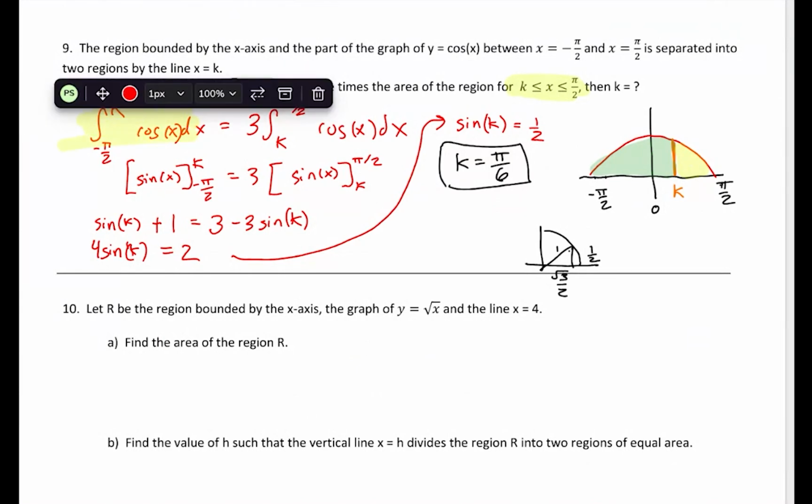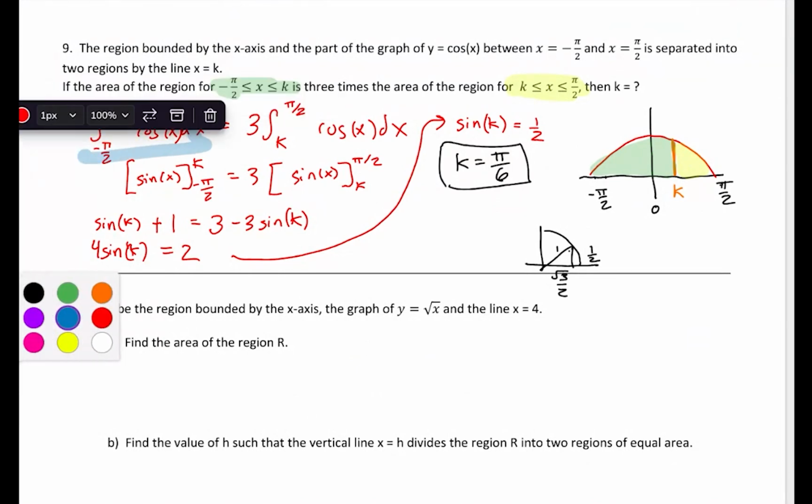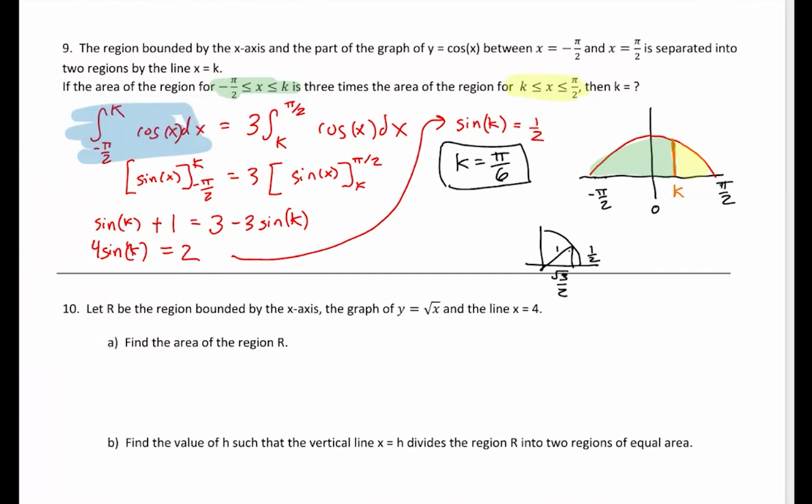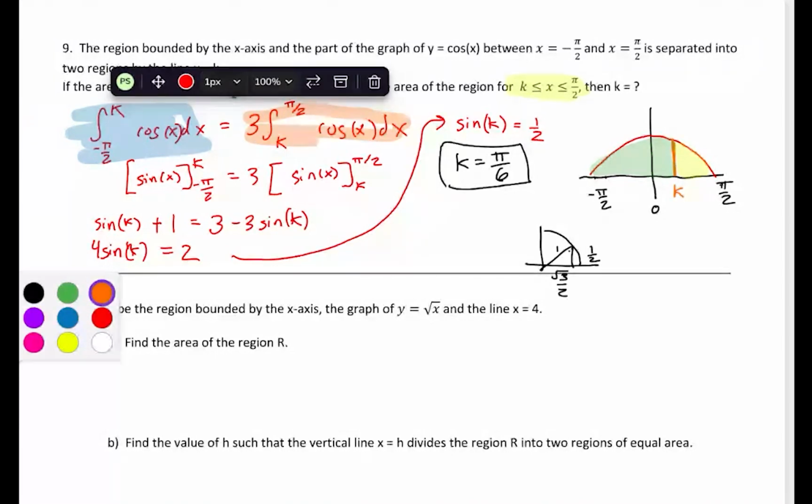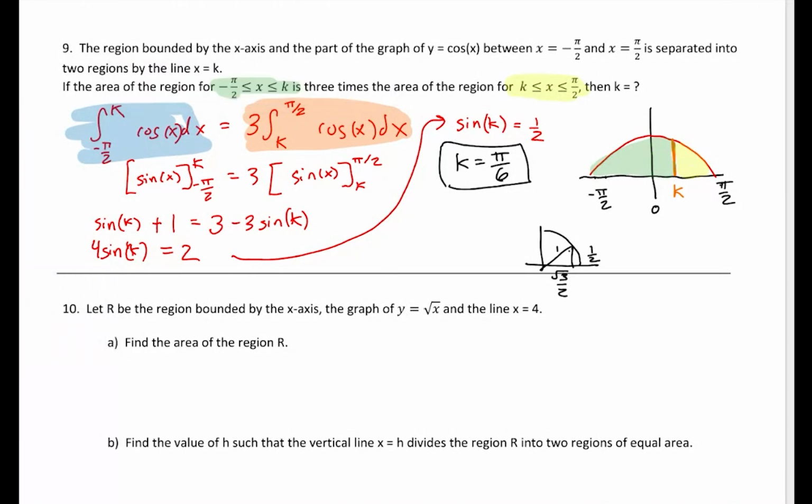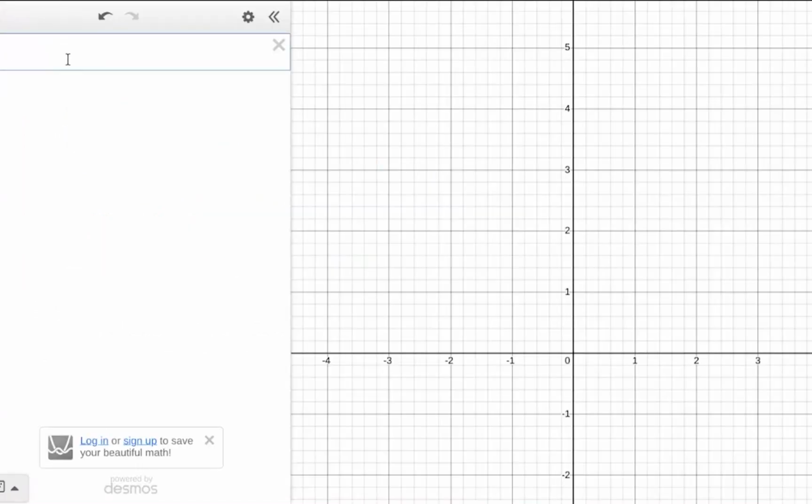Okay, so we're going to call this side F. Let's do a different color. We're going to use yellow. So this side will be our F, and then this side over here will be our G. And the trick here is going to be to write both of these as functions in terms of K. So let's go over to Desmos and say we're going to have f of K instead of f of X, because K is what we're trying to solve for,